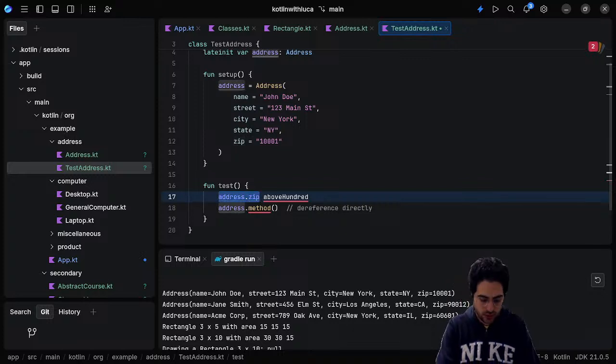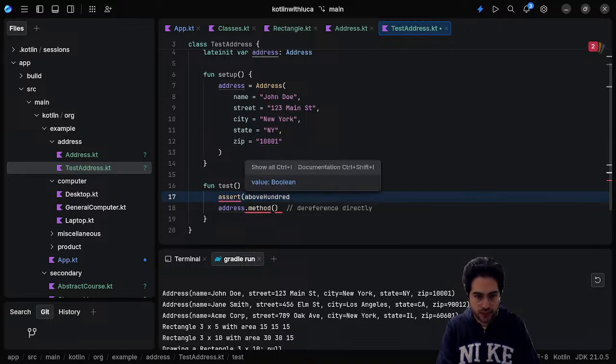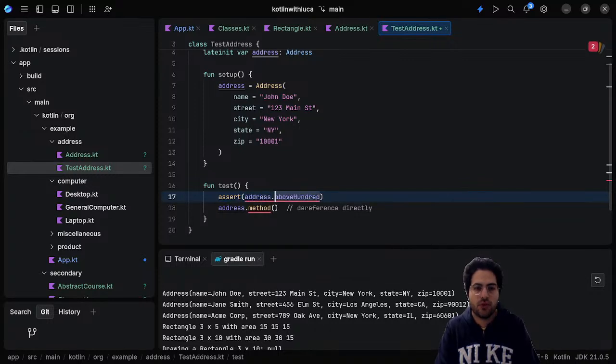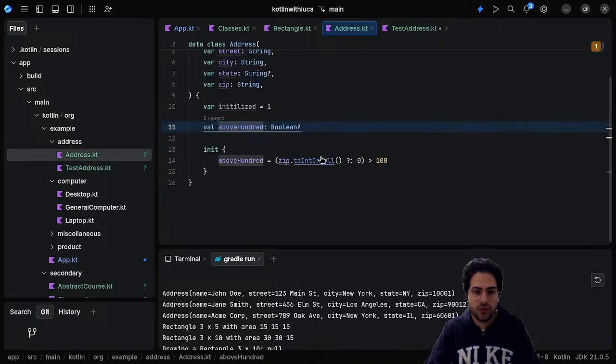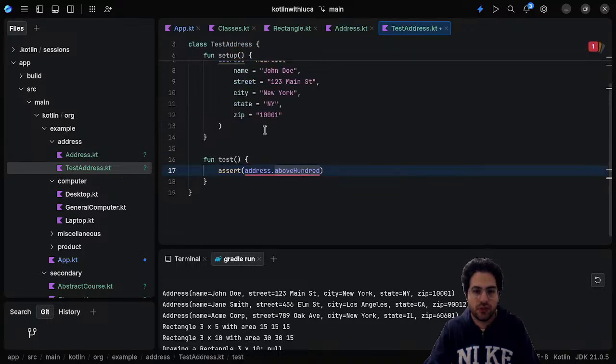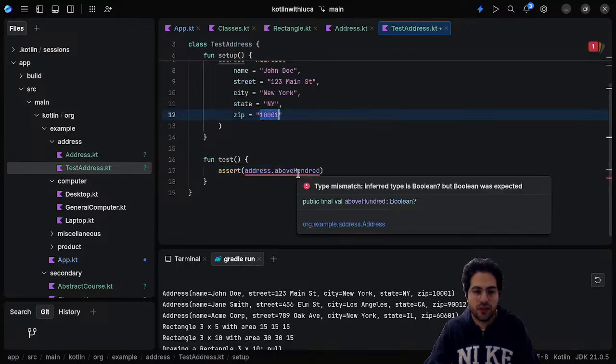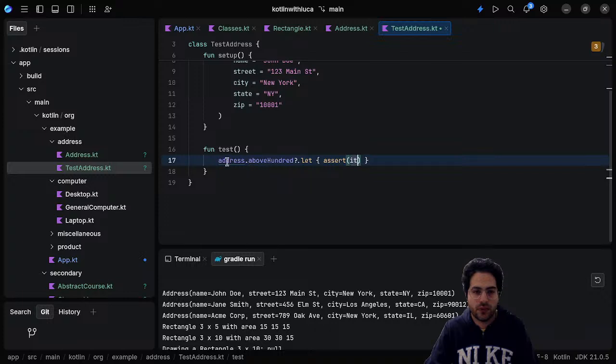Yeah, let's do assert that address is above 100. So since the zip code, was it the zip code? Yep, the zip code is above 100, then this should be true. So